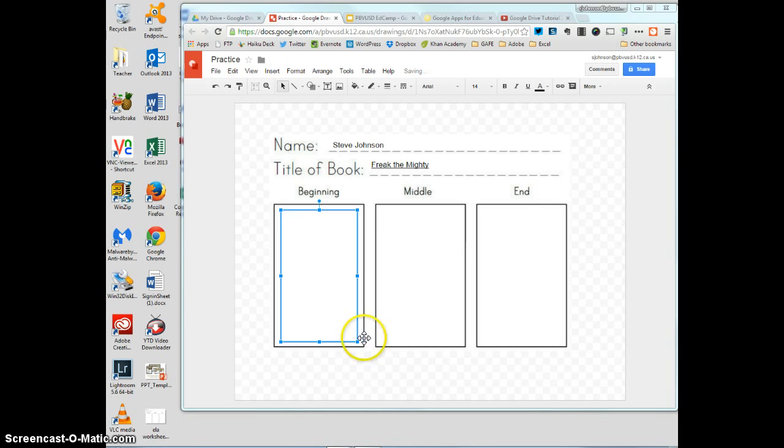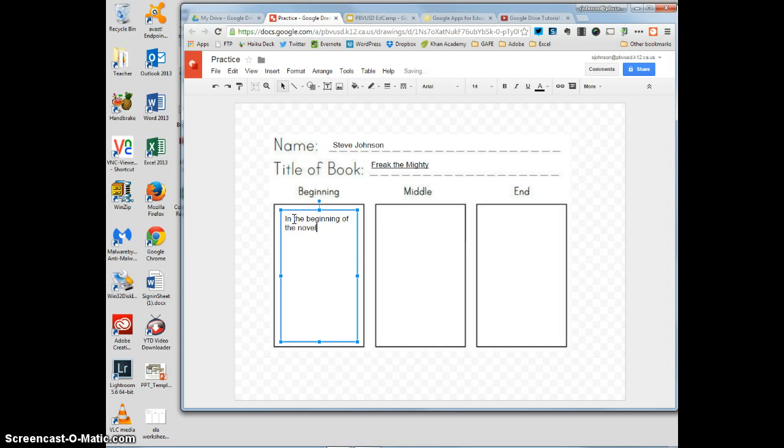In the beginning of the novel, dot, dot, dot. They can also do that for the middle. In the middle of the novel. And then, you can have the students type in the end just by clicking the text box again and creating another box. At the end of the novel,